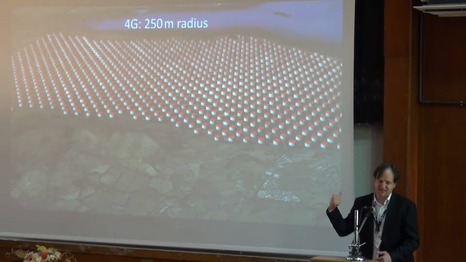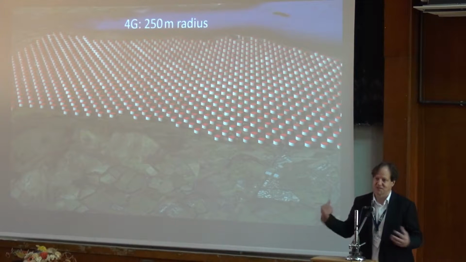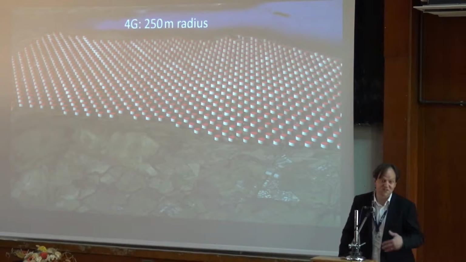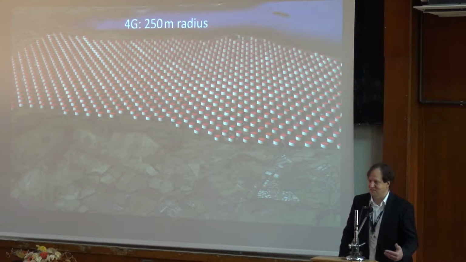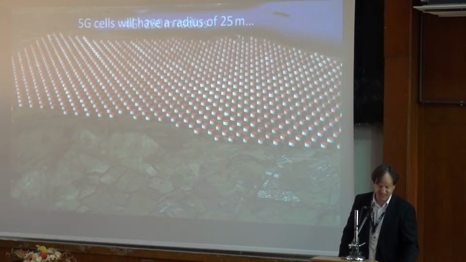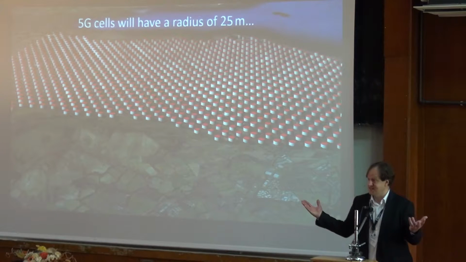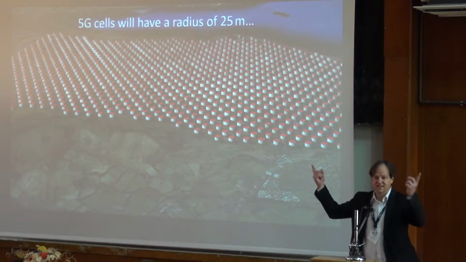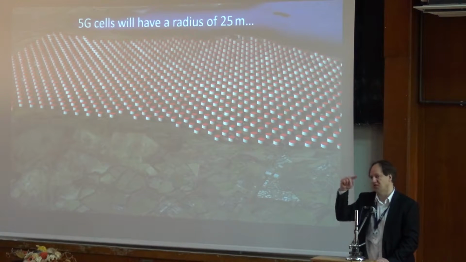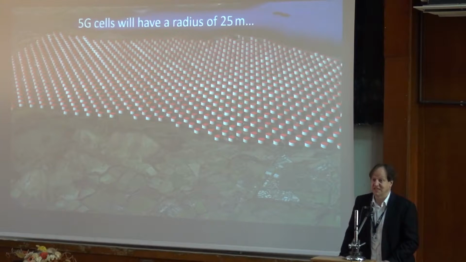And again, you see the infrastructure effort, and what comes with that is another challenge, the backhaul, because all these base stations need to be connected in some way, and that poses another challenge. And I guess I don't need to tell you what will happen in the fifth generation. I can't even plot it, so the intersite distance, the cell radius, goes down to about 25 meters because of the beamforming and the additional pathways. Now imagine the infrastructure that you would need to generate. And also if you imagine a room like this, you can't simply add 4 radio access points at each corner of the room because you get another effect, which is interference.